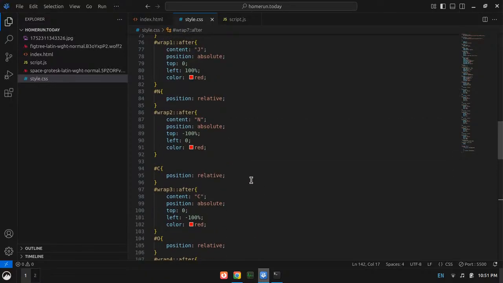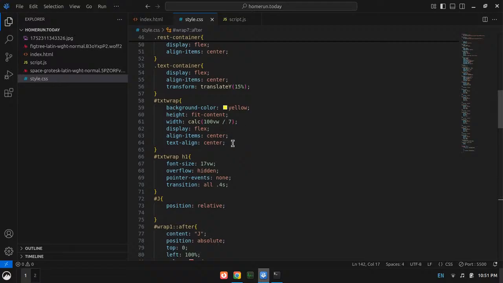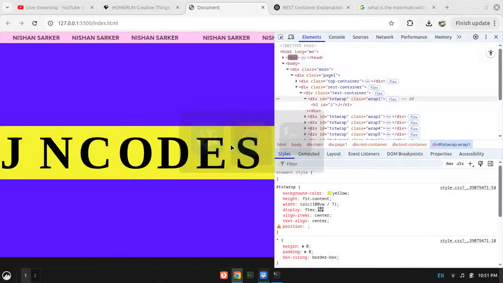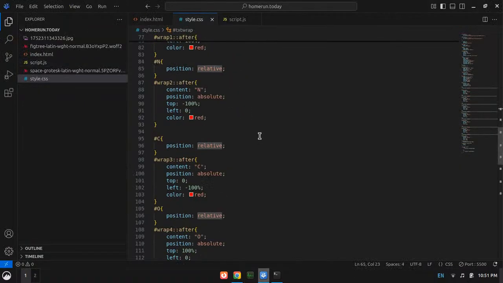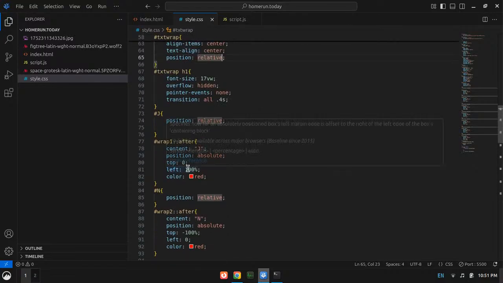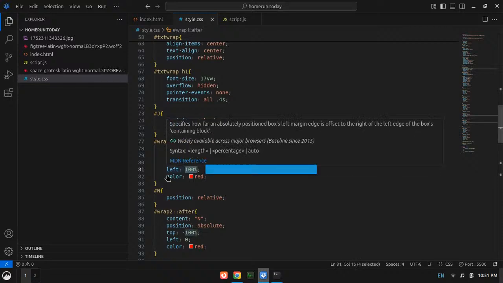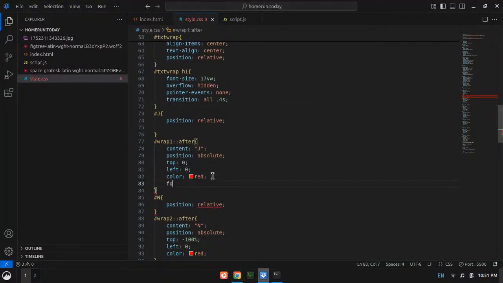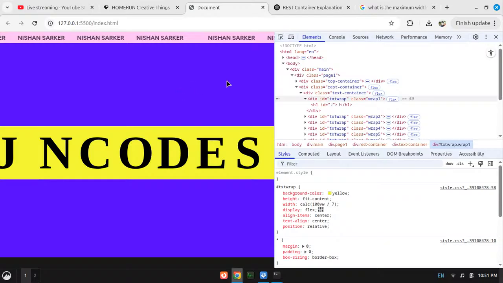Text wrap position relative, and that should fix it, but it hasn't fixed it yet. Where is my J? I need to see that. Wrap 1 after, and let's just set it to 0. Okay, now let's see, is the text there? The text isn't there. Do I need font size? Font size 17 pw. Would that work? No, that won't. What am I doing wrong?